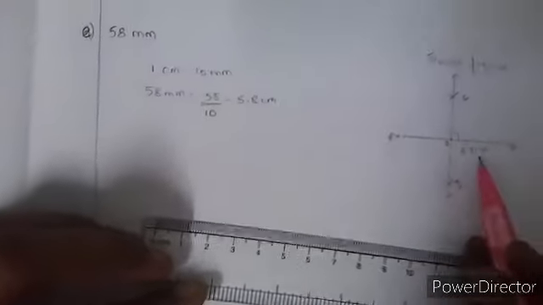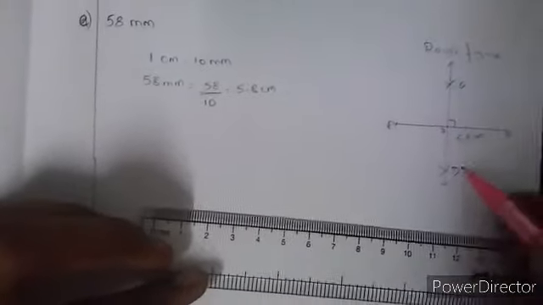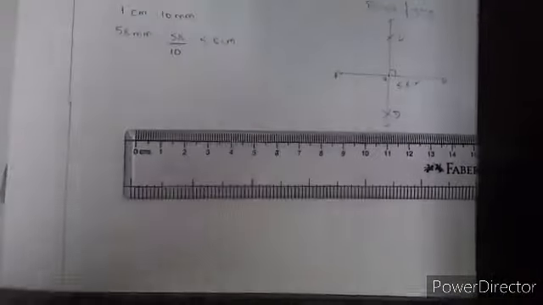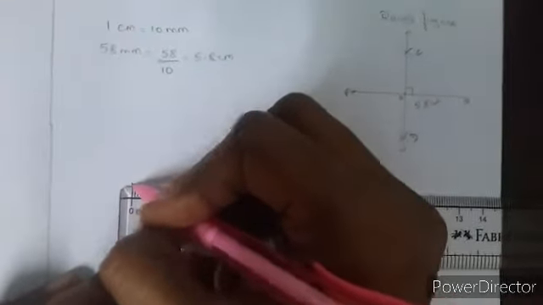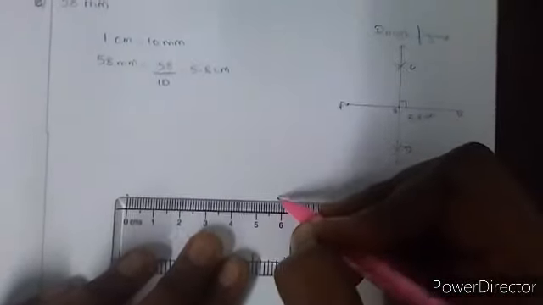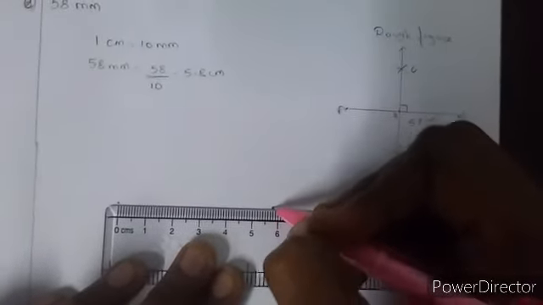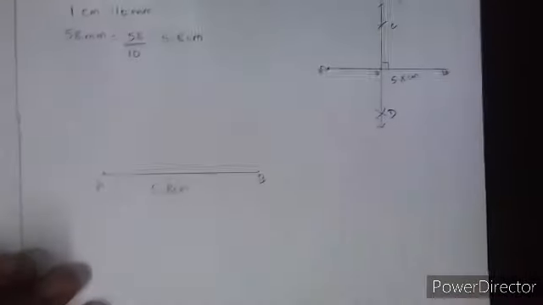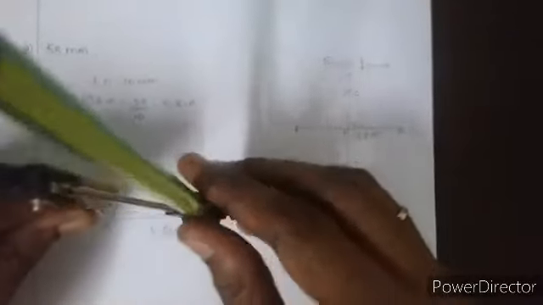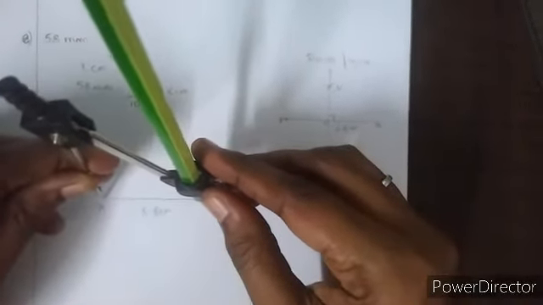So AB is 5.8 centimeter and the arcs meet at C and D. Okay, let's move to sums. What is step 1, students? We have to draw the line segment for 5.8 centimeter. So centimeter starts with 0 to 5.8. In between 5 and 6, it will come as 5.8 centimeter. Draw a line segment AB 5.8 centimeter. Then by using a compass, more than half of the radius of A and B.